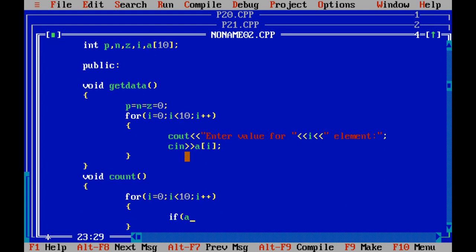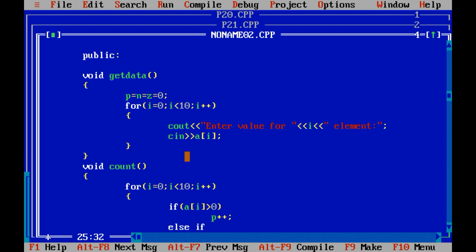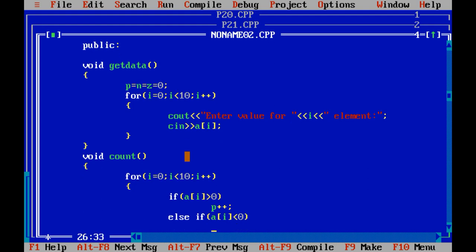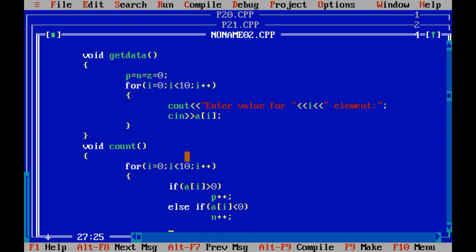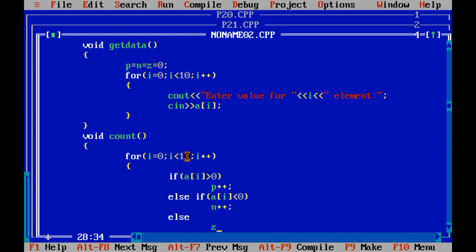If a of i is greater than 0, then positive plus plus. Else if a of i is less than 0, in such cases negative plus plus, and otherwise z plus plus.